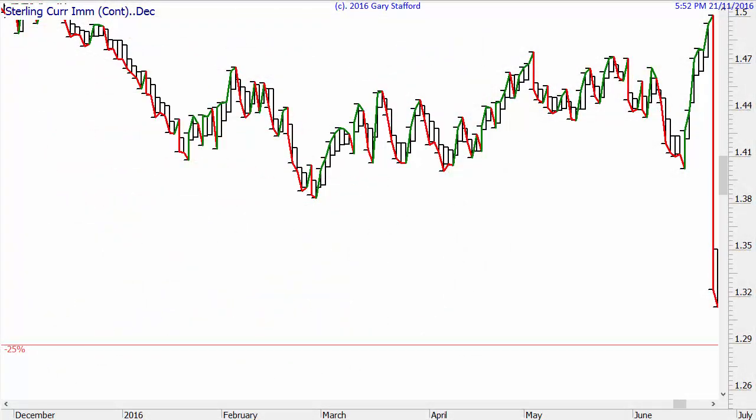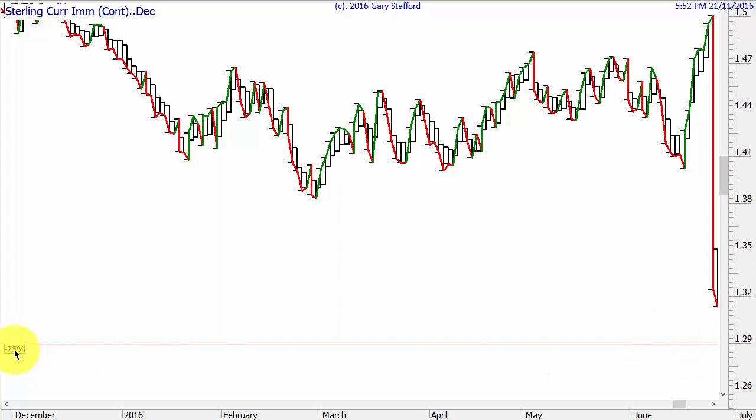Now I gave the signal on the US dollar against the pound because if you've seen some of my other videos on YouTube, you'll see that I keep saying that the angles work far better on the US dollar against the pound. However, you can't trade that, you've got to trade the pound against the US dollar. So this is the chart inverted. So let's see what happens.